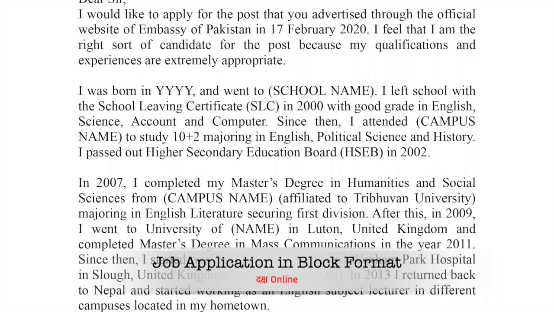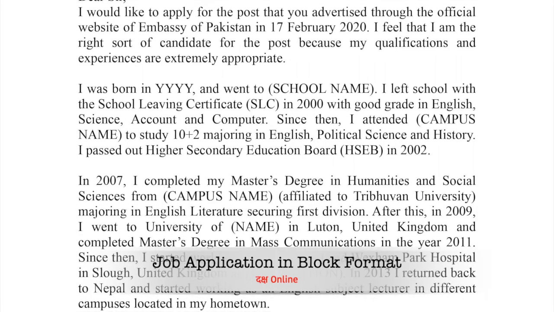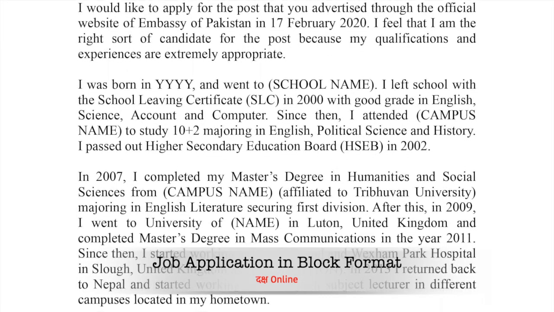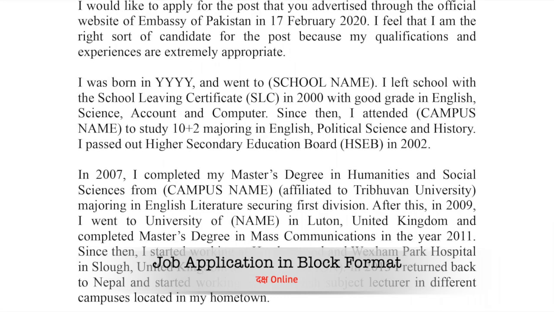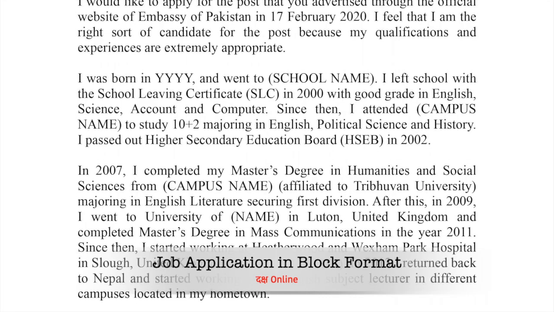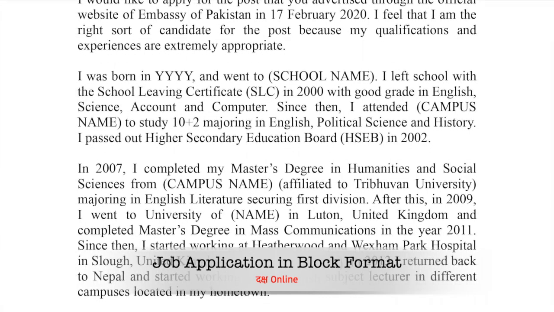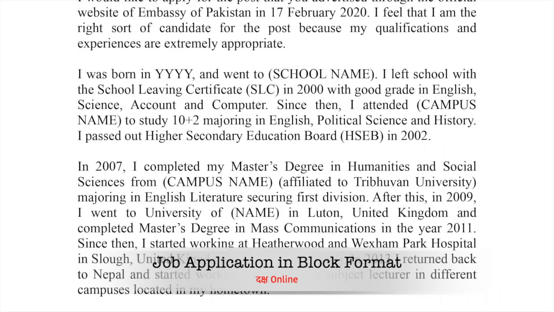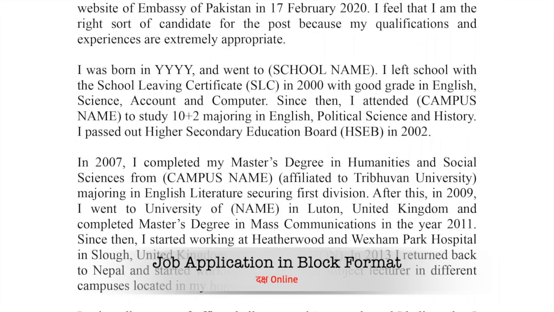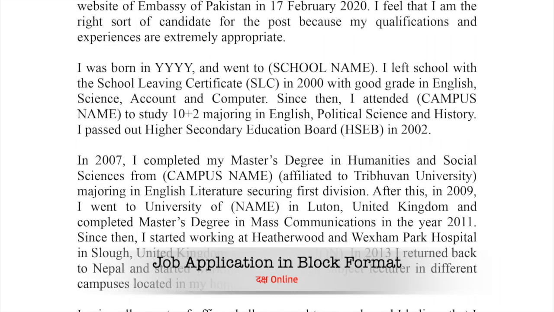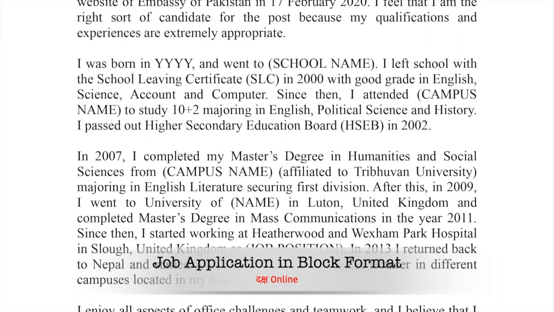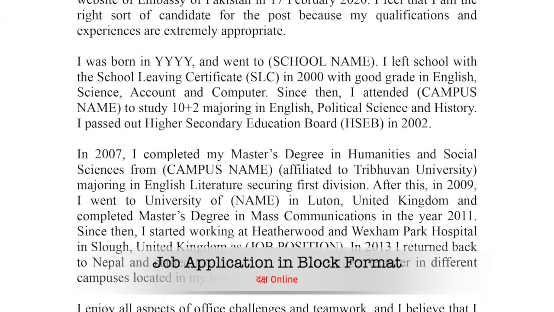Then you go for a salutation. Salutation is a greeting of your recipient. For example, Dear Mr. Pandey, Dear Sir or Madam, or Dear Sita, depending upon how formal you need to appear in your writing. And it is always followed by a comma according to United Kingdom standards, or open punctuation, which is becoming increasingly popular now. The formality of the salutation depends on your relationship with the addressee. Leave a line before and after the salutation.